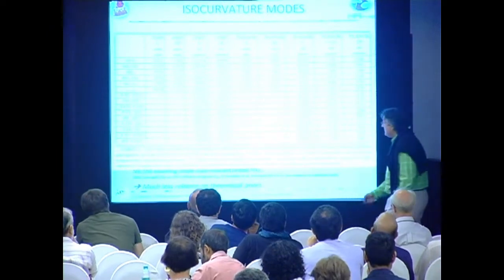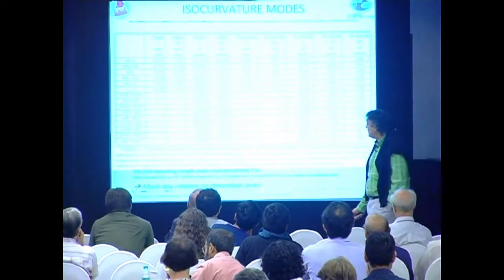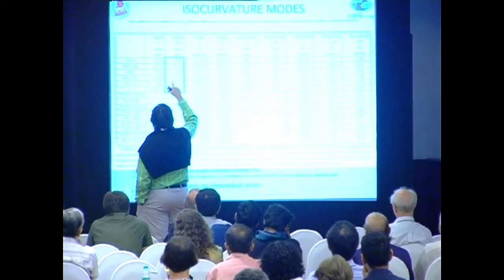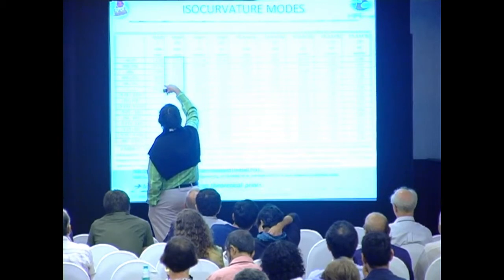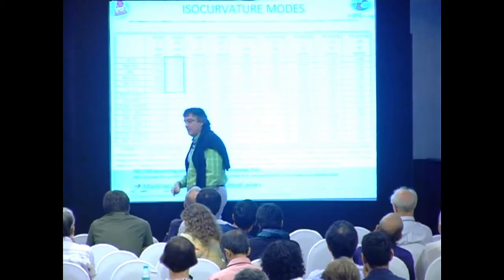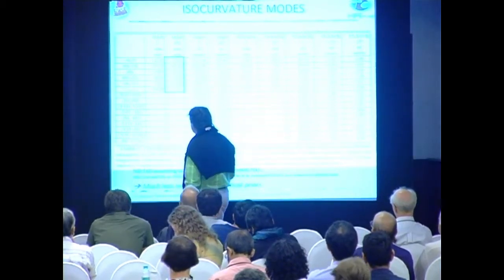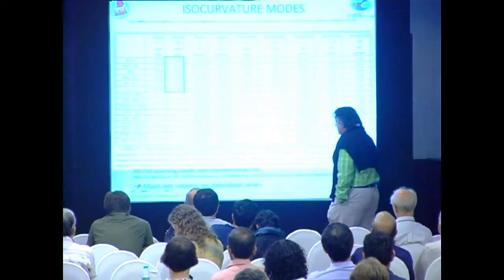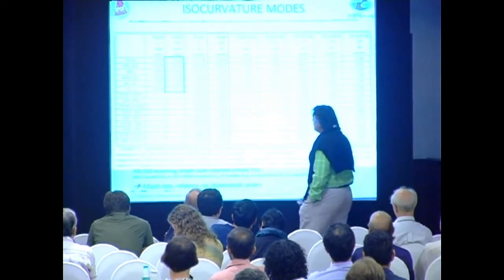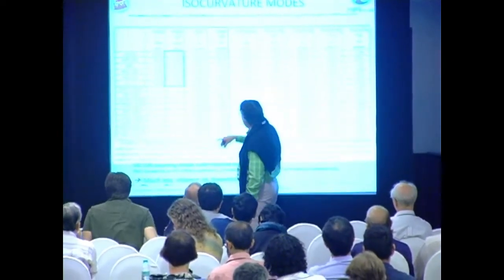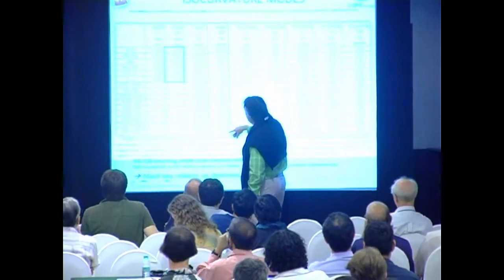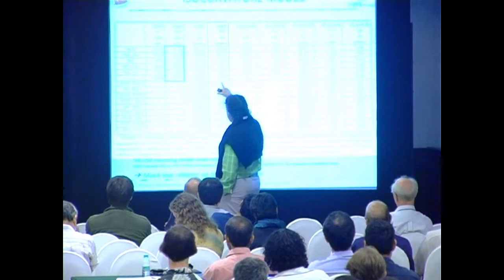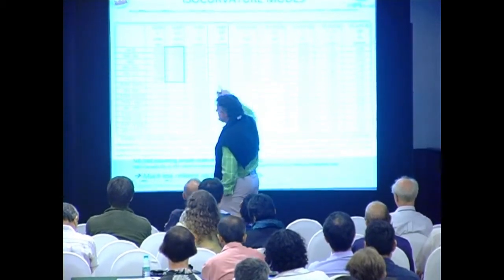Now, just an illustration of what the isocurvature modes do to you. Here is a six parameter model, and what WMAP can do with temperature and polarization. That was forecast well before now, but this is just illustrating the point. And then you can throw in various types of isocurvature modes, and here is how this is degraded. Of course, they are not very well determined, we know that. But adding them in the fit increases the error bars tremendously.